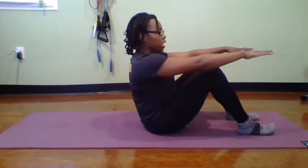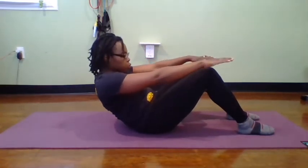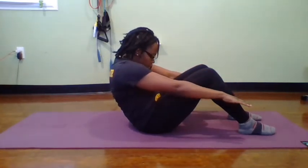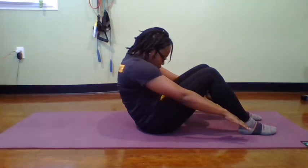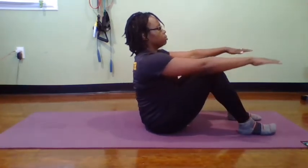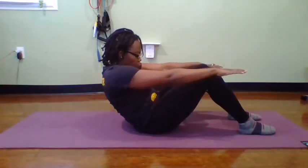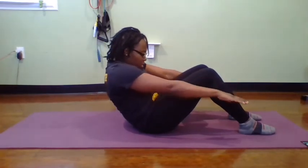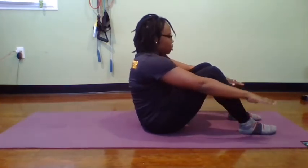So you're going to inhale, exhale, sit back, inhale, exhale, hinge, so look for your belly button, rotate the hips, your arms will naturally come down on the outside of your ankles, and inhale, come up. And exhale, C-curl, inhale, exhale, hinge, inhale, come up to seated,